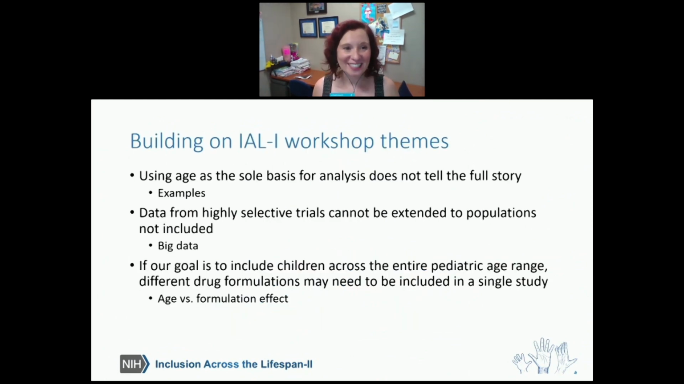As a framework for today's discussion, we're going to build on the themes identified during the first workshop, namely, using age as the sole basis for analysis does not tell the full story. Data from highly selective trials cannot be extended to populations not included, which is why children of different ages need to be included in trials. And if our goal is to include children across the entire pediatric age range, then we're going to need to use different drug formulations in the same study, and that presents its own set of challenges when it comes to